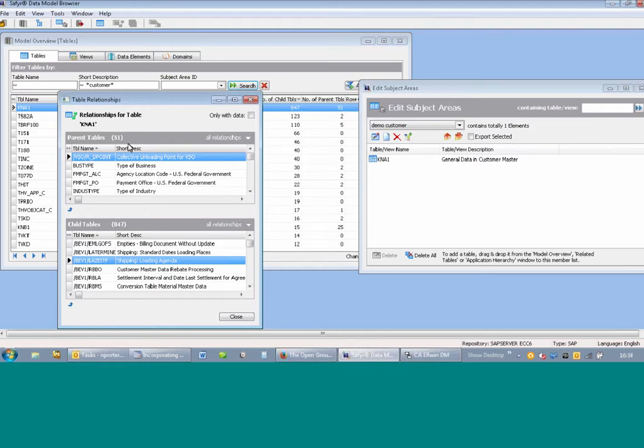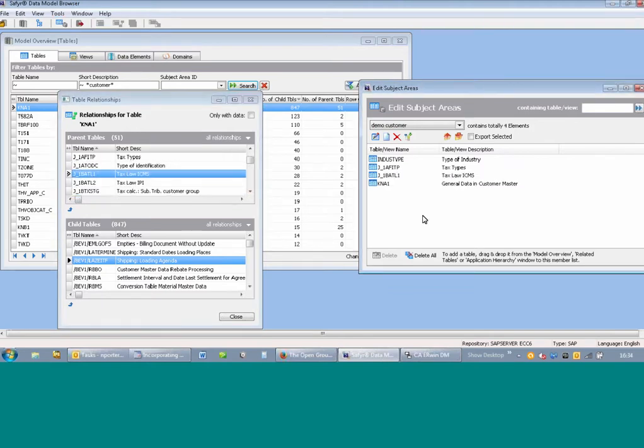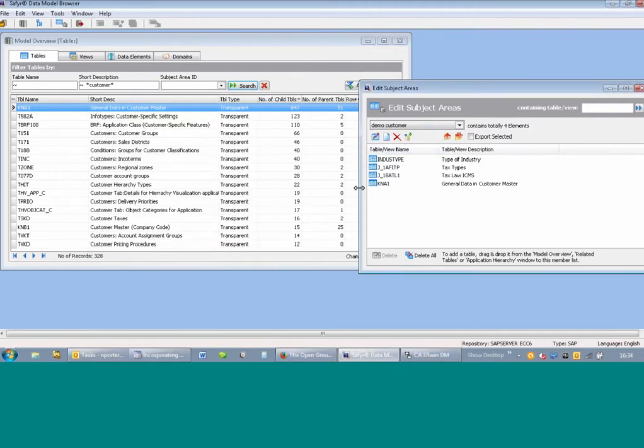And given we're only giving a little hint as to what the product's about, I'm just going to take a few of these parent tables and drag and drop them into this subject area. What I could do is filter out the related tables that have no data in them. If I click on this box at the top, only with data, it will subset that list into only those related tables that have got data. So I've now made a little subject area of tables that I might be interested in, and if I now go back to these